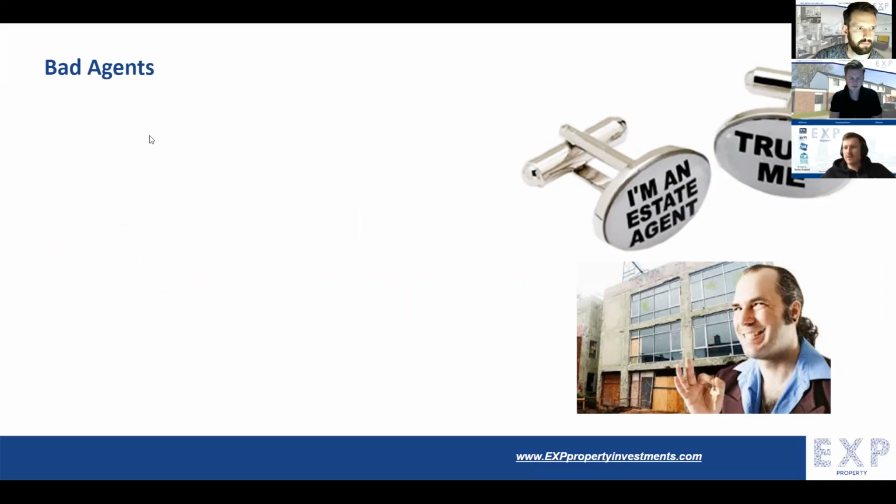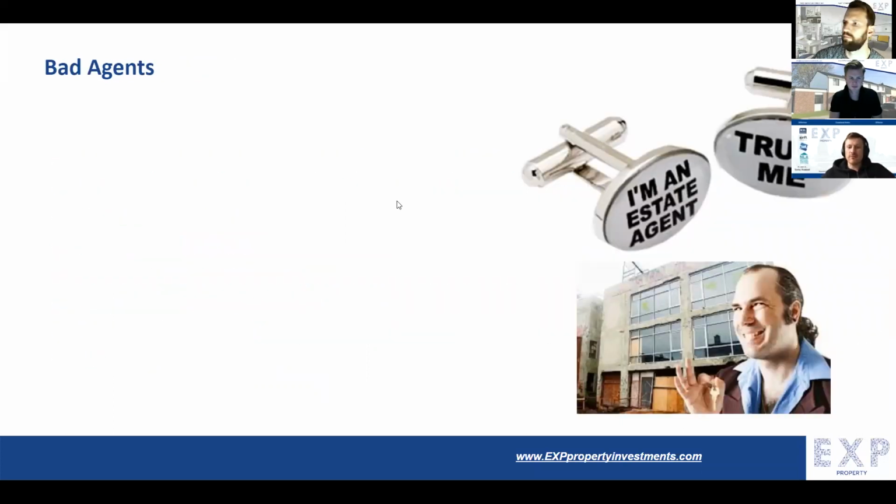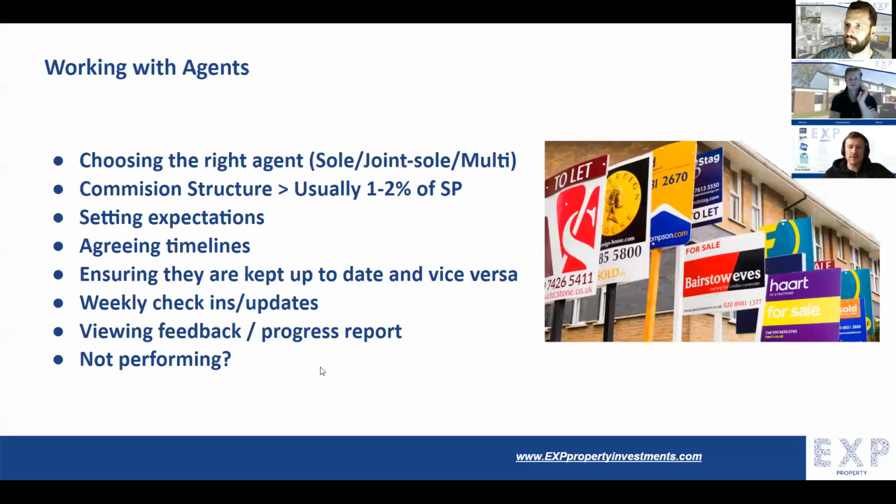And every week, Jack and I see stuff where images are upside down, or the information is misrepresented. So something would be categorized as a house when it's actually a flat, or vice versa, particularly if it's a house and you're listing it as a flat, you're mis-selling yourself. And so, yeah, you just want to make sure that you're choosing the right agent. So on the next slide, we talk about key considerations in working with the correct agents and finding